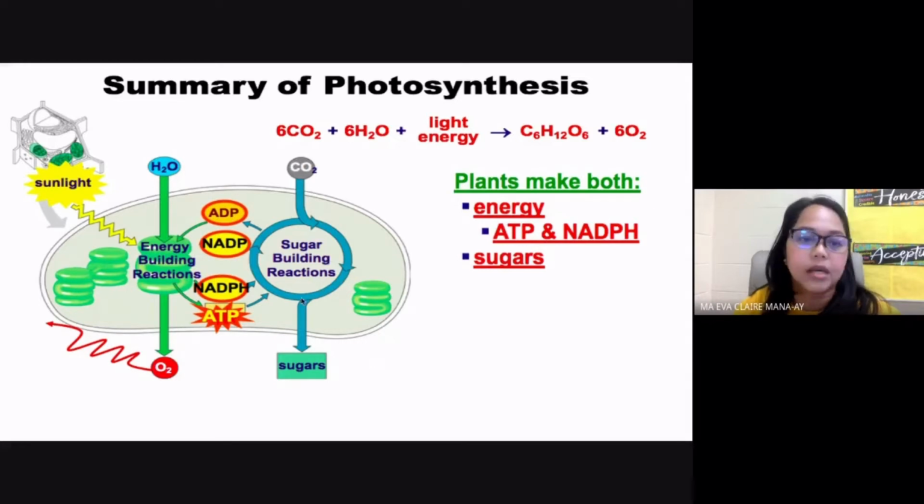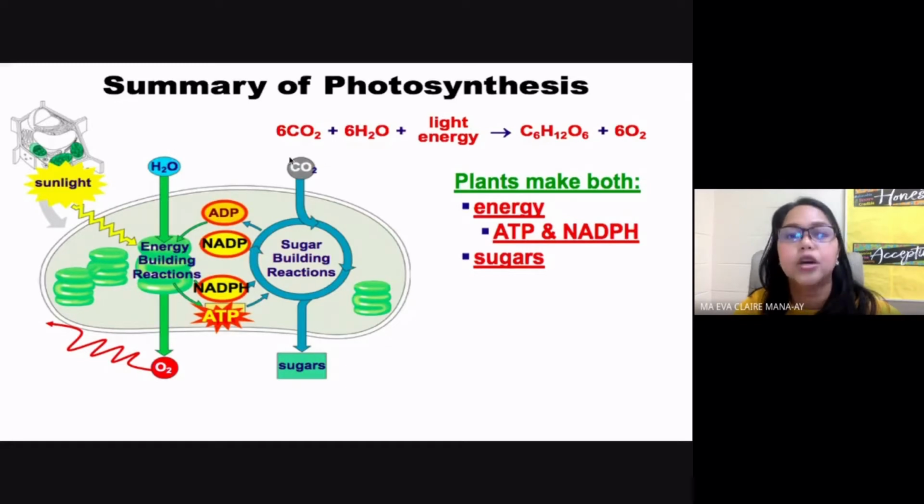Okay, so again, these are the different parts of photosynthesis. We talked about this yesterday. We also said that whenever you have photosynthesis, some factors can affect it. These factors, of course, are the different reactants that we have: water, sunlight, and carbon dioxide. And we've also mentioned that temperature can also affect